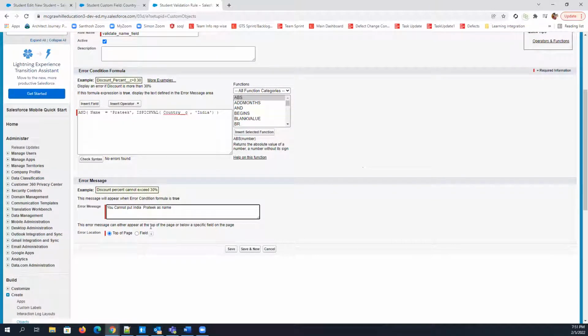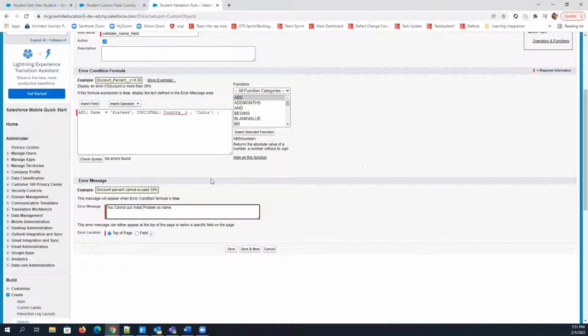Whatever validation rule we are putting here will only run on submit. So the user has to fill the entire form and click on submit, and only then can we show the validation using a validation rule. But whatever you are saying, you can do it using JavaScript, using a Lightning component or Lightning web component.